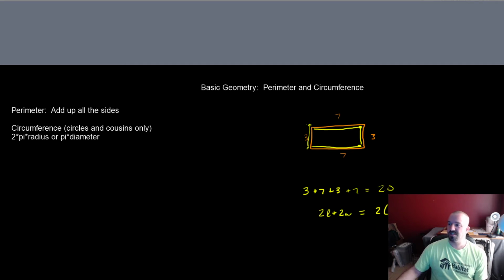So on the circumference side, this is the circles and their cousins, the ellipsoids and that sort of thing. At this level, we don't talk about ellipses. They're kind of a weird, funky shape. They don't behave well sometimes. And so the circumference of a circle is just 2 times this magical pi, which is roughly 3.14, times the radius, or you can call it pi times the diameter. Either way, if you have a circle,